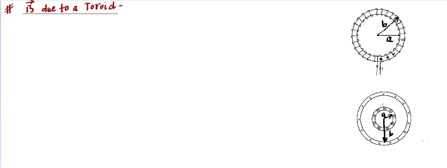Here the total number of turns can be counted. So here we will be having this letter capital N. Capital N is total number of turns. So that is given to us. What else is given to us? I. And this I is going to be current in each turn. So current in each turn.